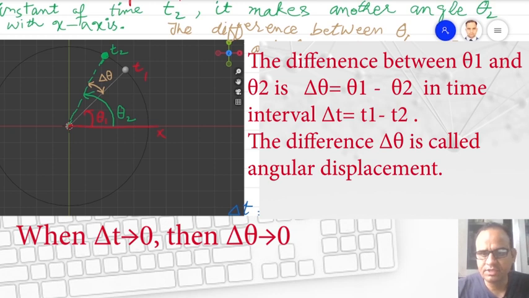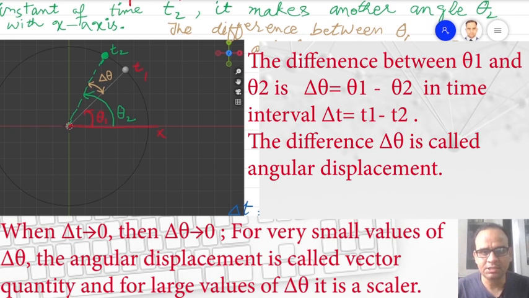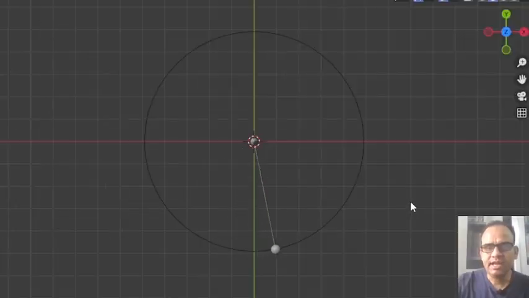When the difference between t1 and t2 is very small, such that delta t approaches 0, then delta theta will also approach 0. For very small values of delta theta, the angular displacement is a vector quantity. And for larger values of delta theta, the angular displacement is not a vector quantity and it is considered a scalar quantity. During the anticlockwise rotation of the particle, the angular displacement is assigned a positive value and it